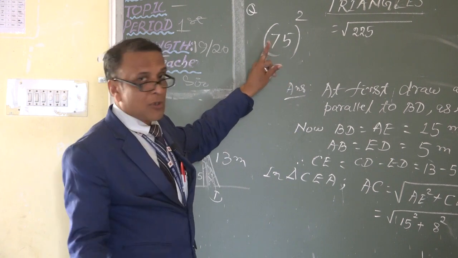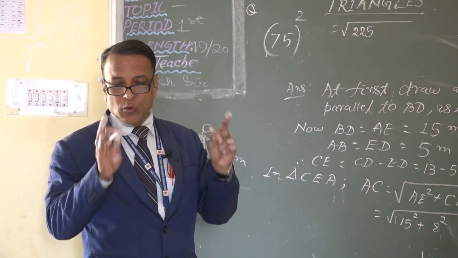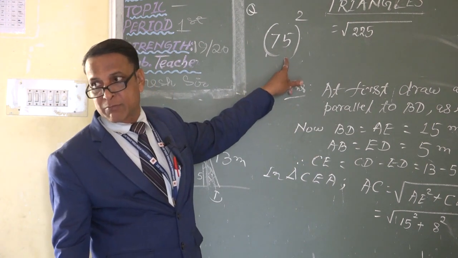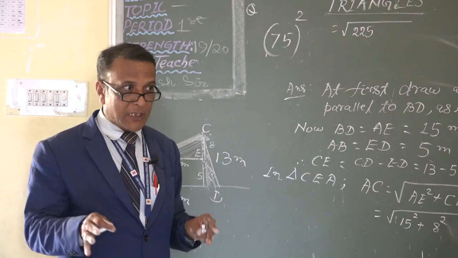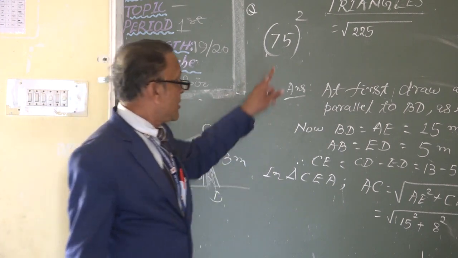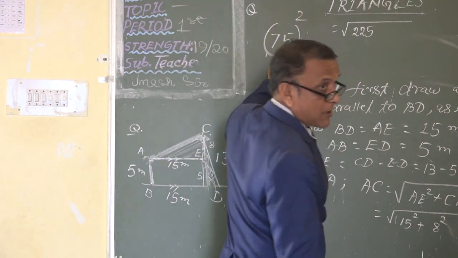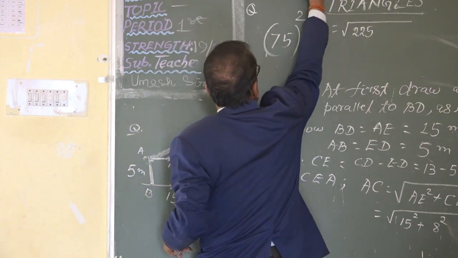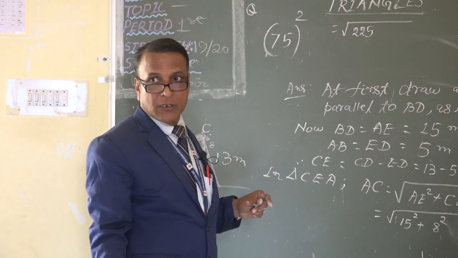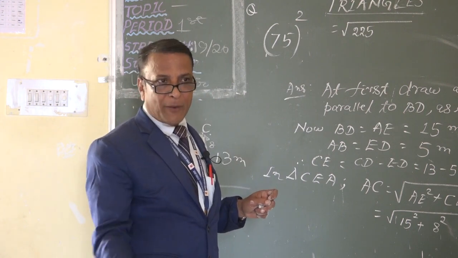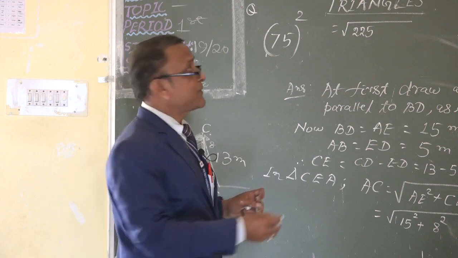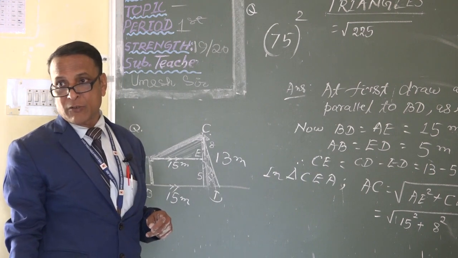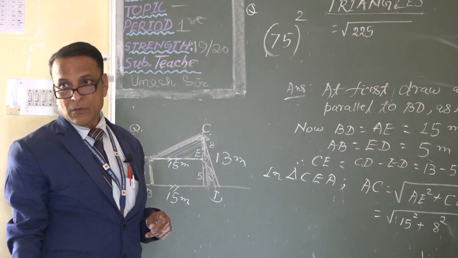Look, now this rule is applying to those numbers whose unit place will contain 5. If 5 is in the unit place, then this rule I am saying is applicable. How will you find it? In 75, is 5 in the unit place or not? So 5 into 5, how much? Write it. The next digit after 7 is what? 8. 7 into 8, how much? 56. Write it on the left. So 75 square is 5625.